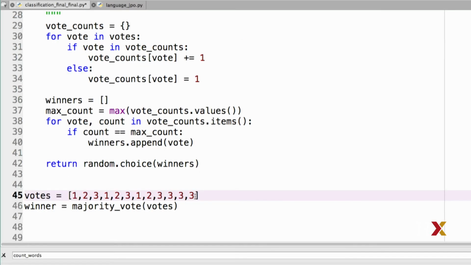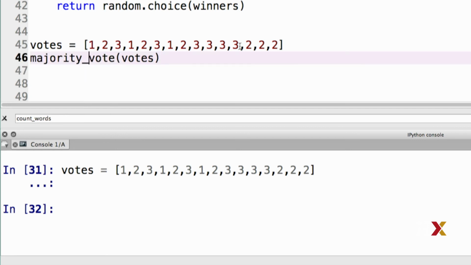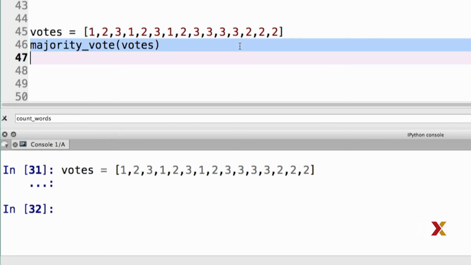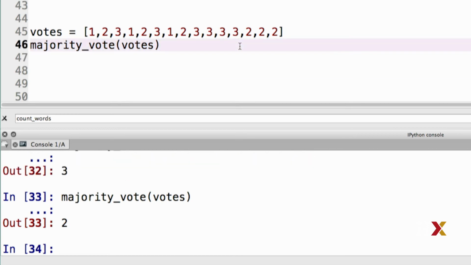I'm next going to add 3 more votes for number 2. I'll redefine that. And let me just take out this one, the assignment. And we can now try running the function a couple of times. This time number 3 was the winner, this time number 2, now 3 again, and so on. So we see that the function is doing what we wanted it to do. In case of a tie, it picks one of the candidates, one of the elements, uniformly at random, and returns